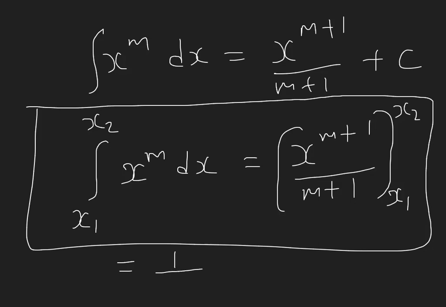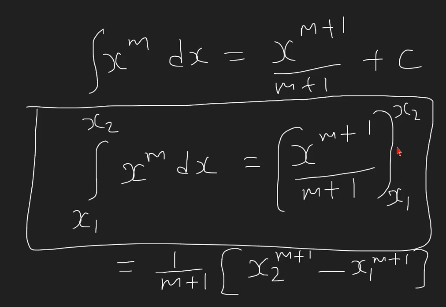So first of all, before substituting, I am taking the constant outside. What is the constant here? Observe, m plus 1 is constant. So I have taken the constant outside. And this is the function, x power m plus 1. The upper limit is x2, lower limit is x1. So what should I write now? First substitute the upper limit in the function, that is x2 power m plus 1, minus x1 power m plus 1. This is the method to apply the integration limits, lower limit, upper limit.